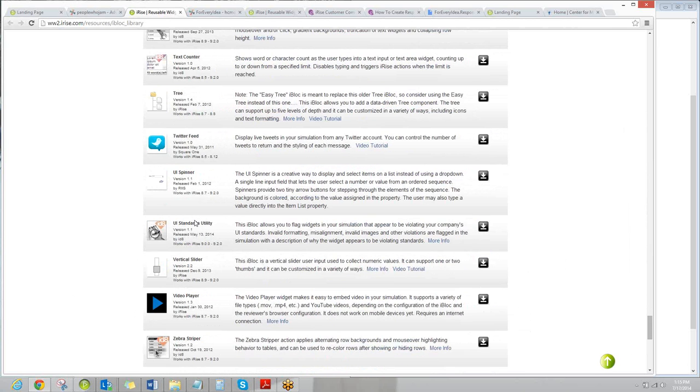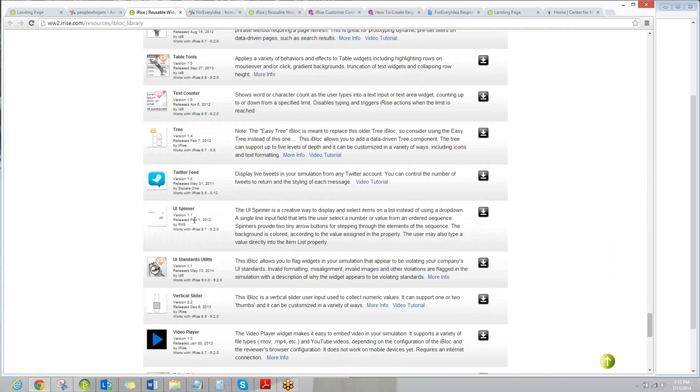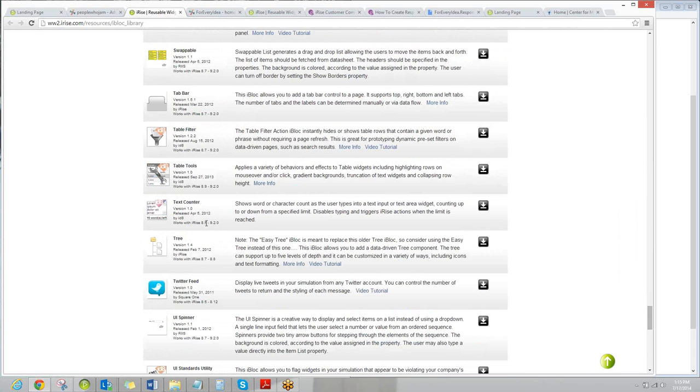So we'll run through it quickly. There is an auto suggest. Oh, you know what? This is a great one, text counter. So I'm going to see if I can guide everyone to download a text counter,